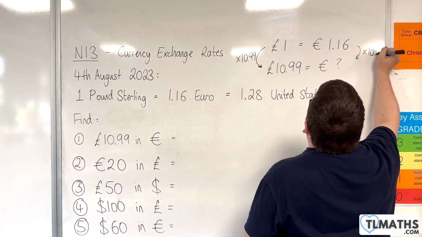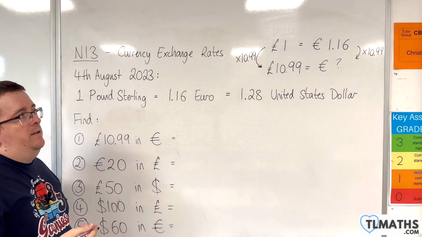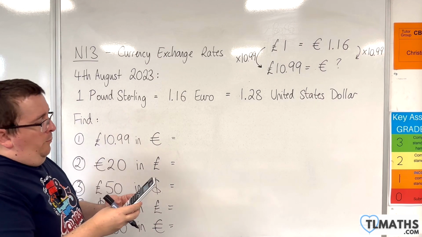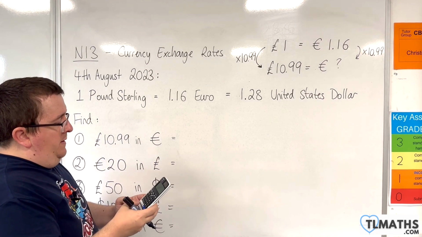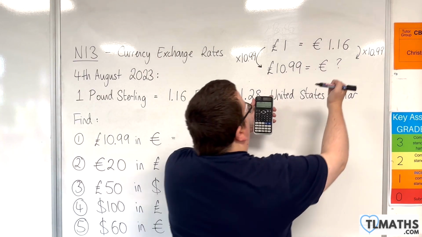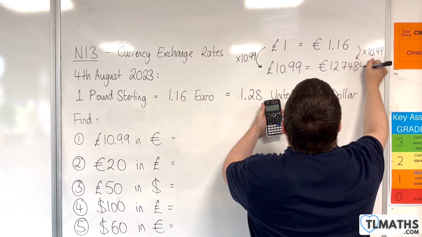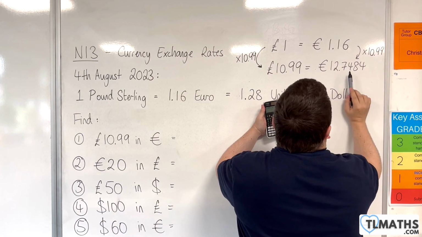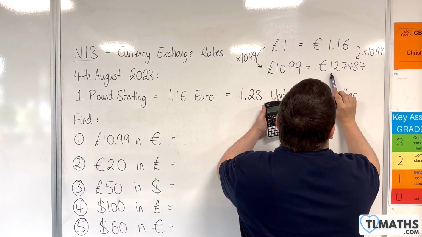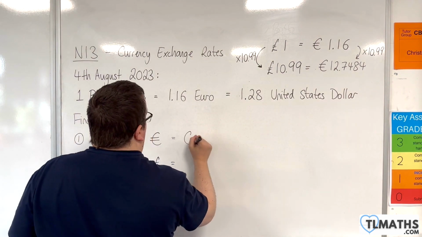I need to multiply the 1.16 by 10.99. So 1.16 times 10.99, and my calculator is giving me 12.7484. Now you want to round this to 2 decimal places, so this will be 12.75